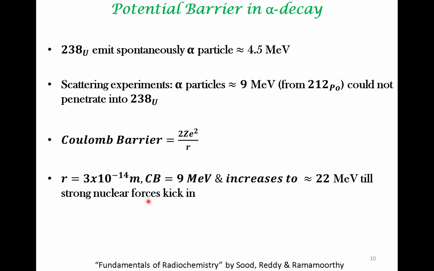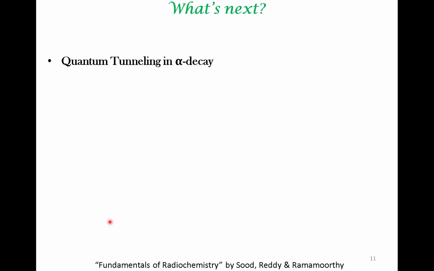So how are such enormous activation barriers overcome? This is surprising because if you have very large activation barriers, the decay constants of alpha decay must be much smaller. But despite having fairly large activation barriers, you do see some reasonable kinetics. And what is the reason for that? To understand that, you have to use some concepts from quantum mechanics. This concept is called quantum tunneling, and this would be the topic of the next lecture.